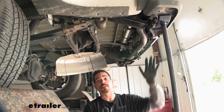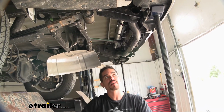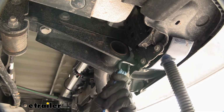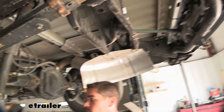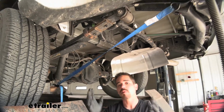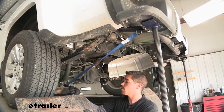Now that our bumper is supported from coming down, I like to put another strap going from the back of the bumper, tying it to the front of our truck. That way there's a little bit more support and I don't have to worry about it moving around too much. There's a hole right here. I'm just going to use my cam buckle strap to hook it on there. I'll find a spot on the frame. I'm going to tighten it up to where there's just a little bit of tension. Again, pulling it towards the front. That way we have it supported vertically and we don't have to worry about it falling back. So I'm going to put another strap on the other side